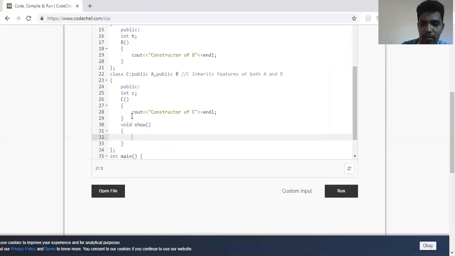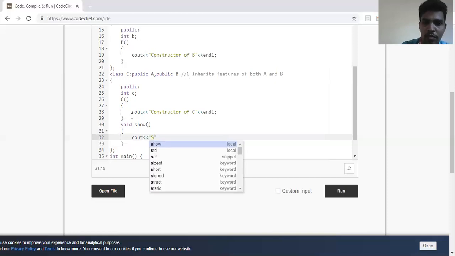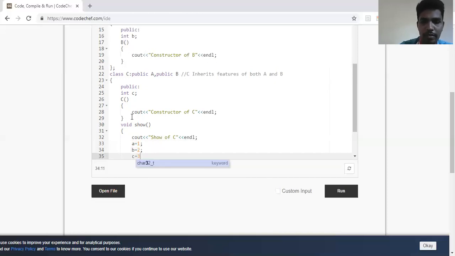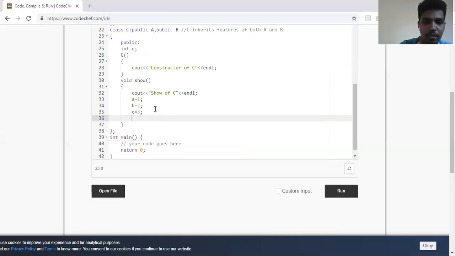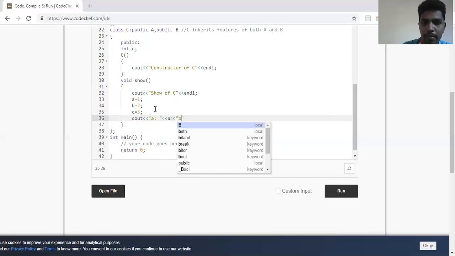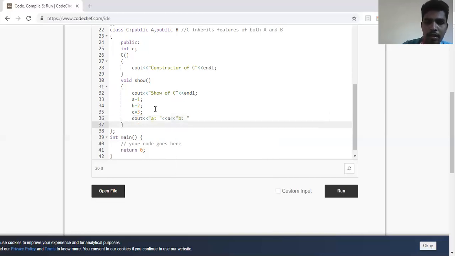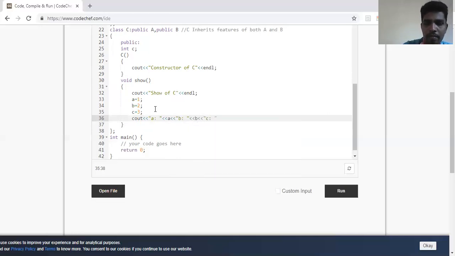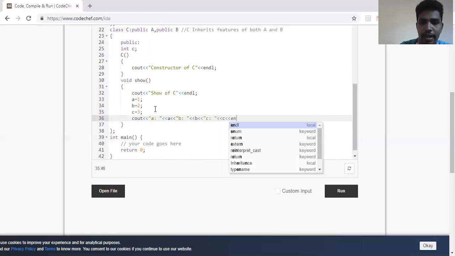Here I'll be writing cout "show of C", and let me change the values of A and B. So a is equal to 1, b is equal to 2, c is equal to 3, and then I'll display the values with cout: A is a, and then B is b, and then C, and endl.